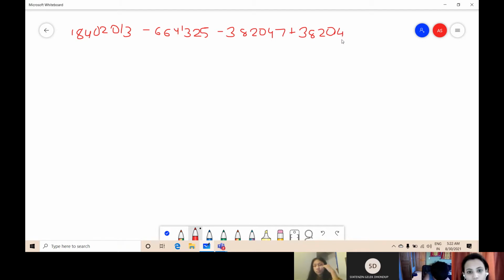So first of all, what step will we do? We will first write the numbers having the same plus sign together and the numbers having the same minus sign together. So how will we write? See here, always start with the equals to sign. We will start with the equals to sign. So 18... If you want, you can directly add also. No need to arrange the signs. But you are just starting this type of question, so you might get confused.